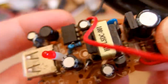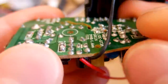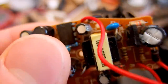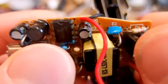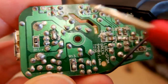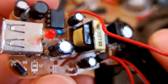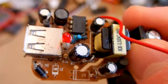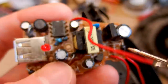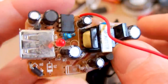It surprised me. And this capacitor is not an interference capacitor between the primary and the secondary side. It's on the primary side and it's probably a snubber network. And there is no interference capacitor in between of the primary and the secondary side, and this is why I didn't measure any leakage current to ground. So it probably produces some interference. There is absolutely no interference filter and no interference capacitor in between of the primary and the secondary side,